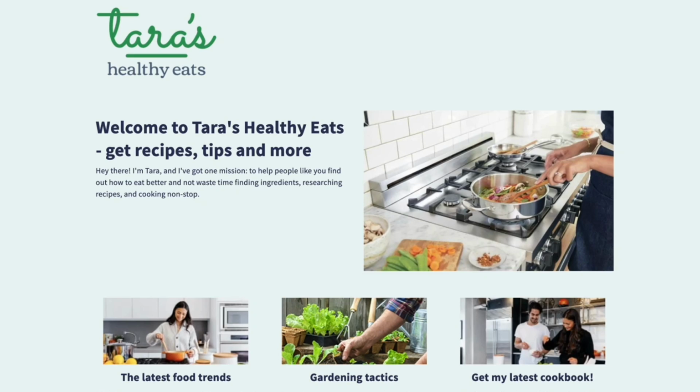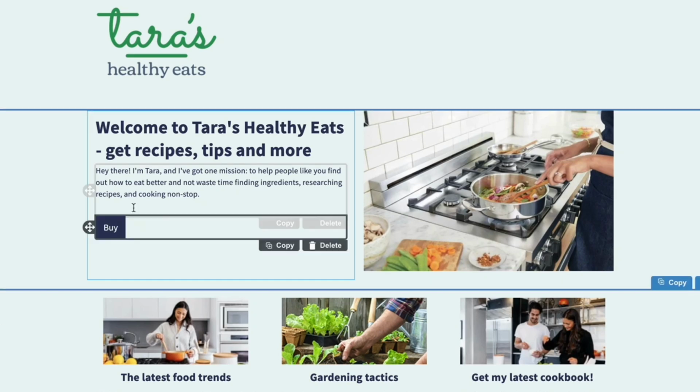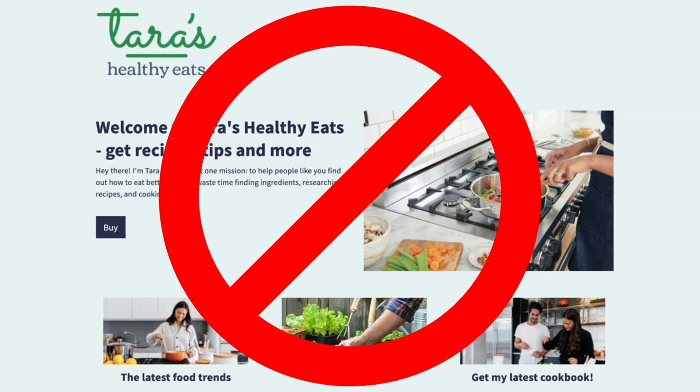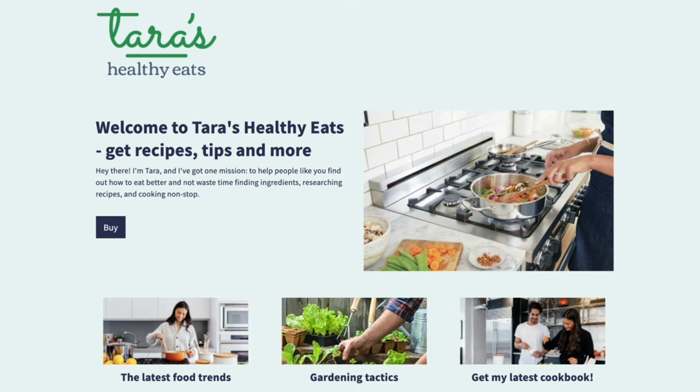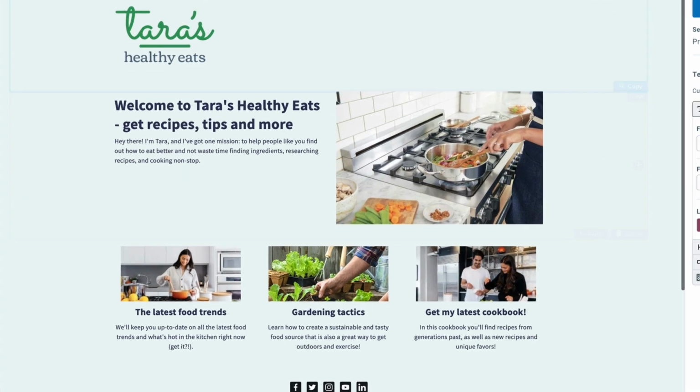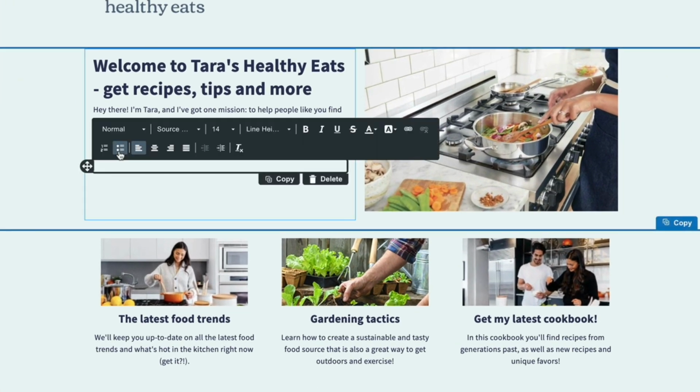When putting a buy button on your landing page, you could do something as simple as just put a button on there that says buy. Well, probably not. You probably want to try something a little bit nicer. So let's take this opportunity to transform this space on our landing page with some information that'll help people make